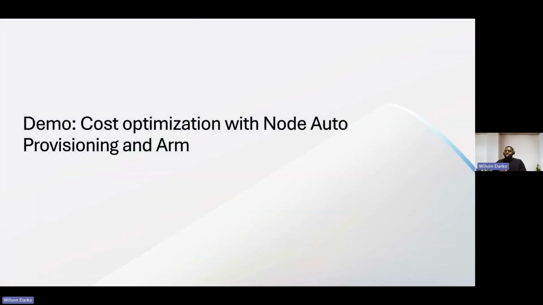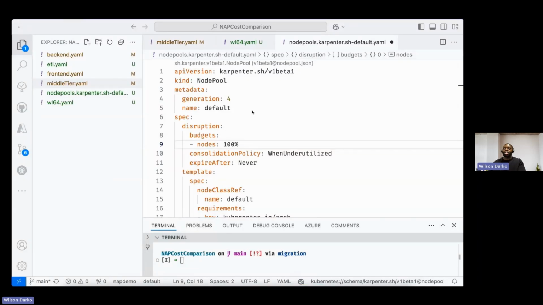Now, I mentioned the Spot scenario, but you might have some cost objectives in terms of the type of compute that you're using as well. So in that case, you could leverage ARM, AMD, and the like. And with node auto provisioning, you have the option to set both types or multiple types of architecture in your system rather than having to be limited to just one.